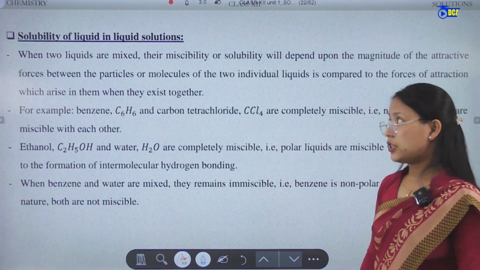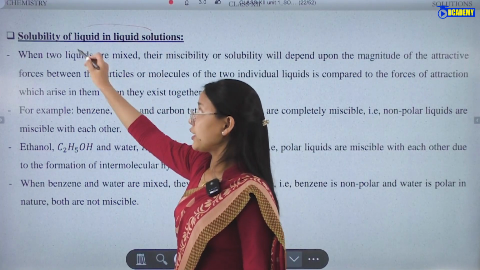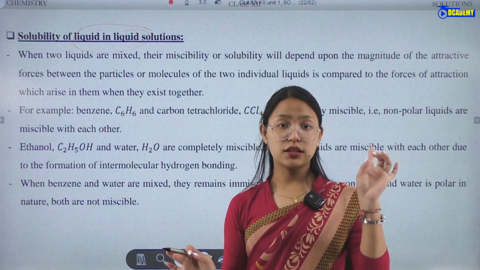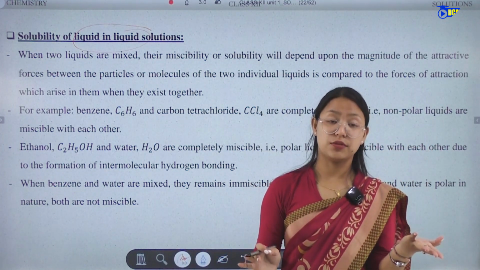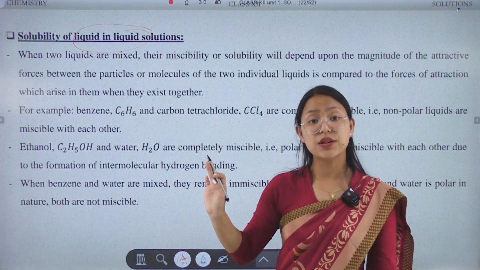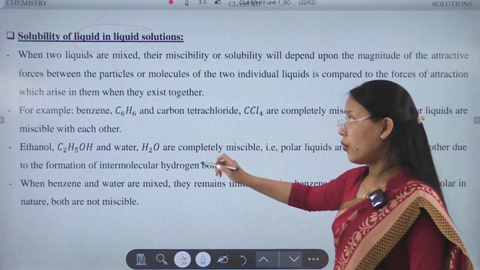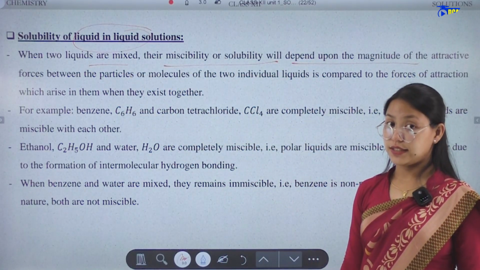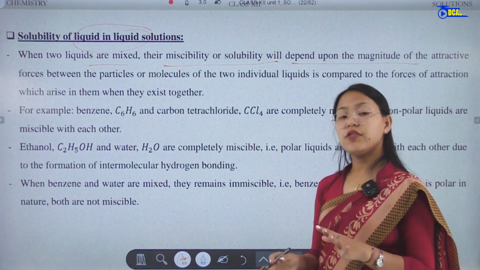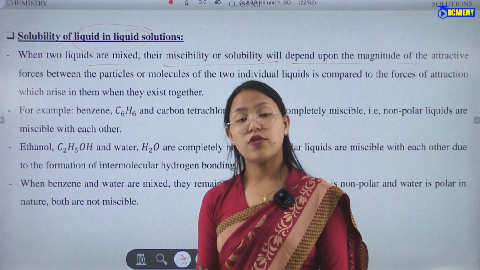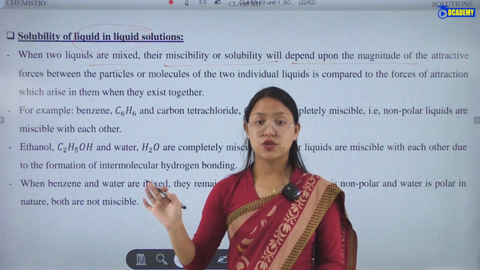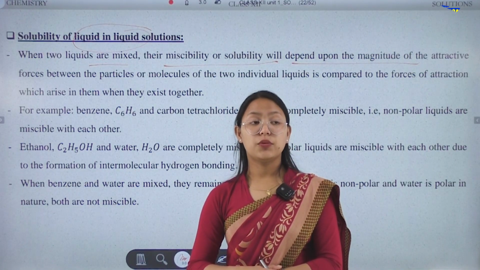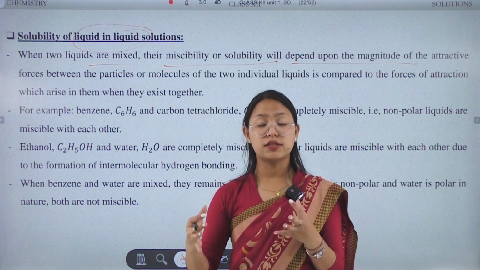Okay. Now next, solubility of liquid in liquid. For solid in liquid, solubility is mainly based on the temperature. Temperature increased, solubility increased. But now let's see the case of liquid in liquid solution. When two liquids are mixed, their miscibility or solubility will depend upon the magnitude of the attractive forces. In the previous classes we have already discussed that water has hydrogen bonding,